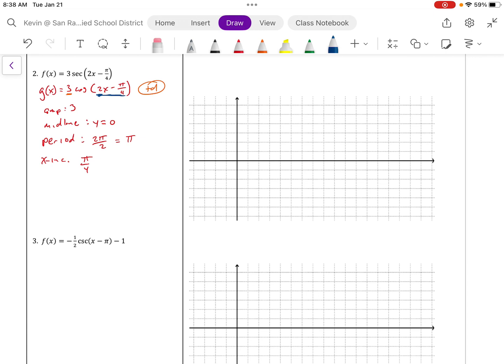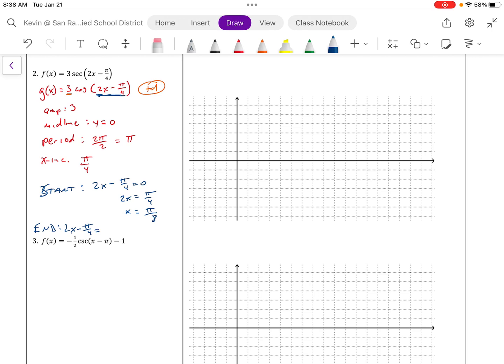So then the other important parts here are our start and finish, and those are based off of what's inside the parentheses. So start is going to be 2x minus pi over 4 equals 0. So 2x equals pi over 4. So x equals pi over 8. So that's going to be our start point. Our end point, 2x minus pi over 4 equals,